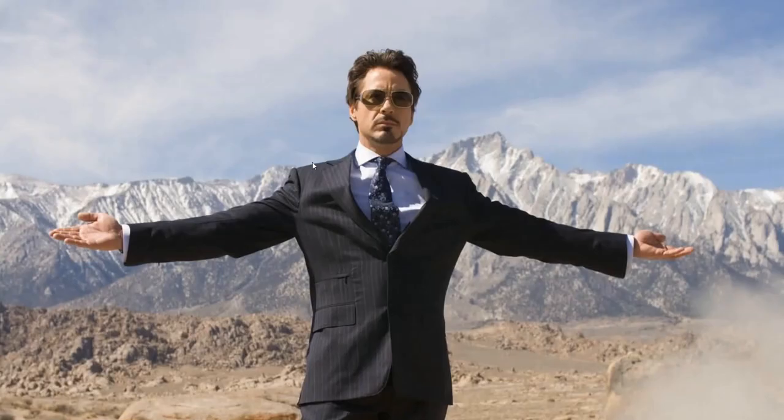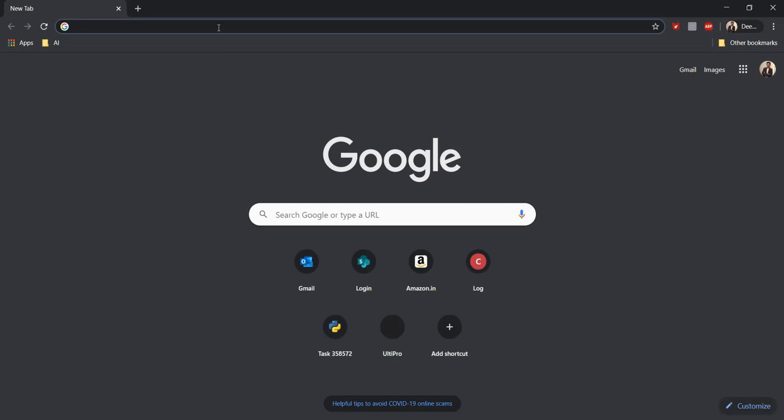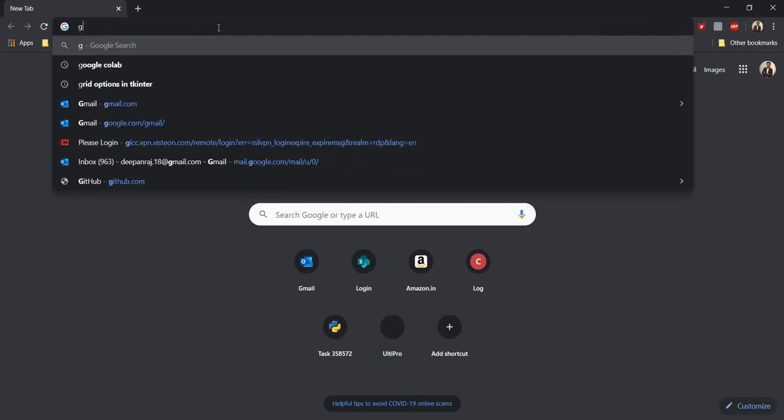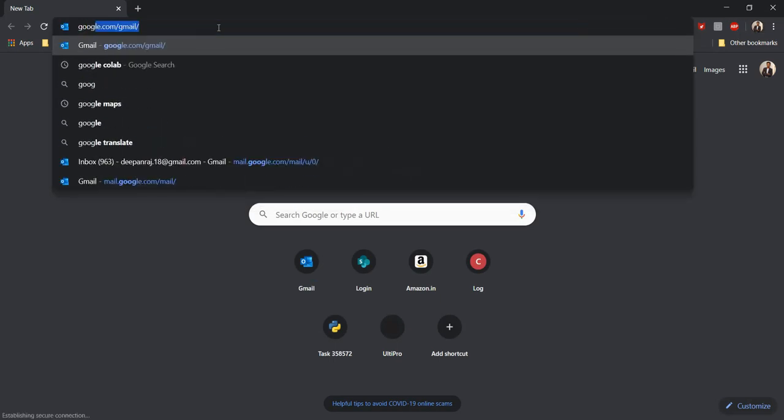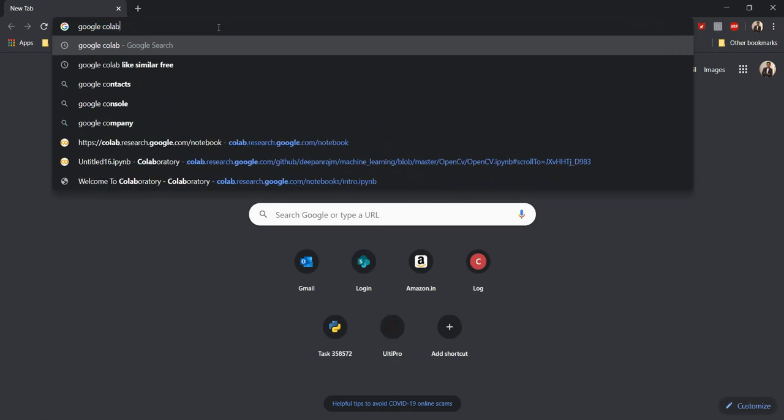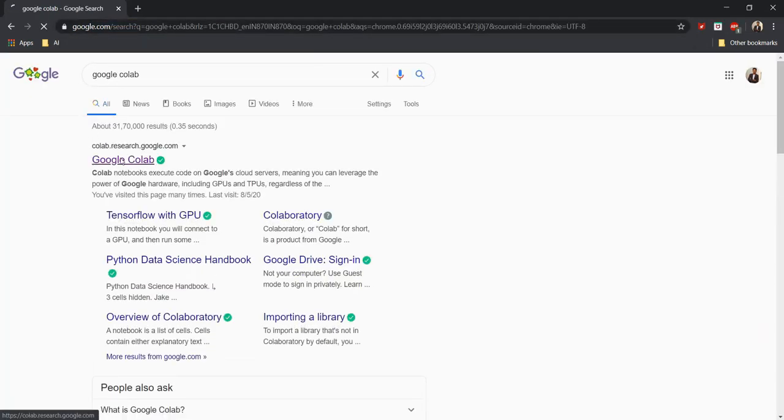So now we are going to see some basics of image processing. So let's get started. First things first, just open your web browser, go for Google Colab, open it,